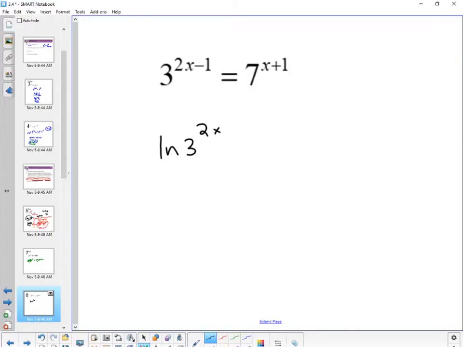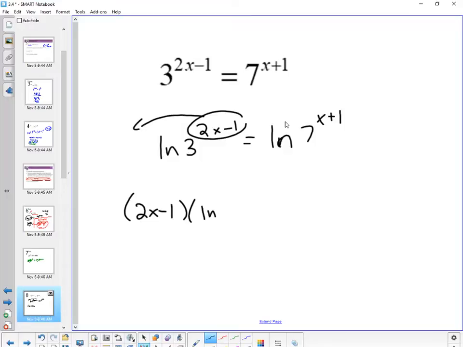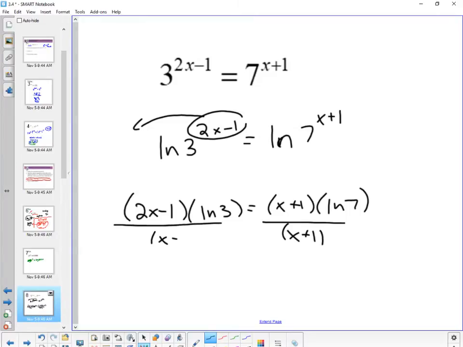So let's do ln 3^(2x-1) equals ln 7^(x+1). Because now these are logarithms, I can take these exponents to the front. So now I've got (2x-1) multiplied by ln 3, equal to (x+1) times ln 7. Okay? And then again, just like before, I want to get all my x's on one side and everything else on the other. It's going to be kind of messy, but let's do this. I'm going to bring x plus 1 by dividing both sides by